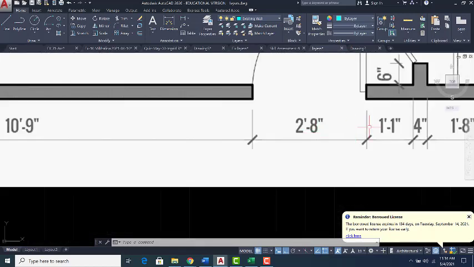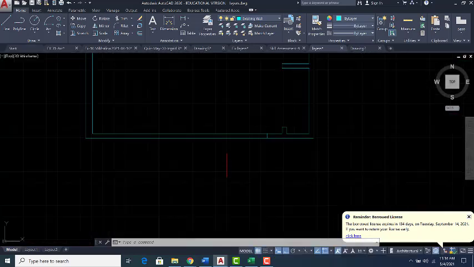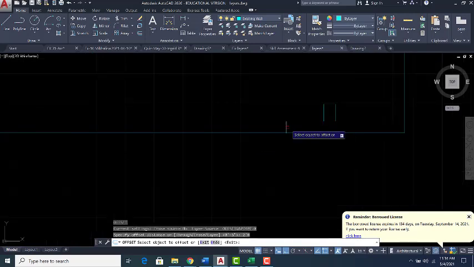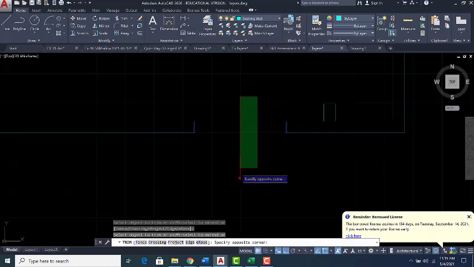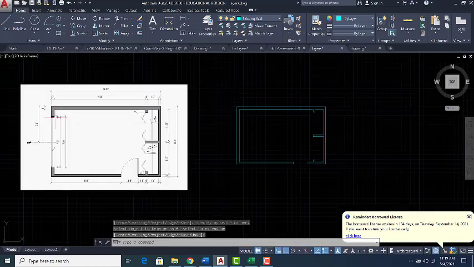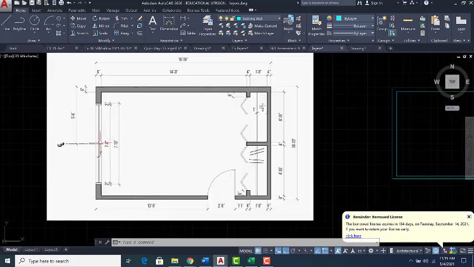Okay, then I have to offset it 2 feet 8. So I just type O spacebar 2 feet 8, and I offset this one here. I use trim, select, and get rid of this part. So the only part that is missing is this opening, and because of the way that the information is given,